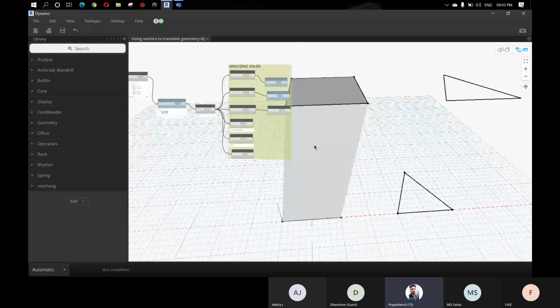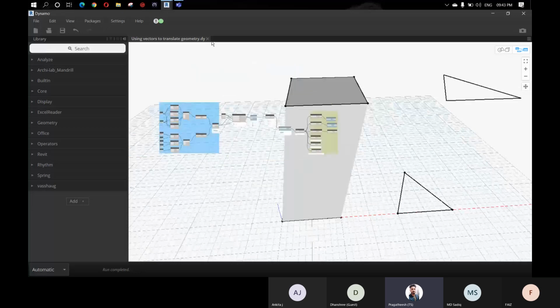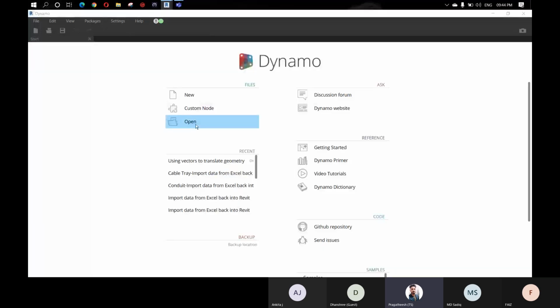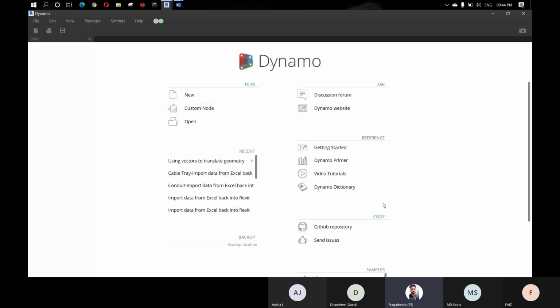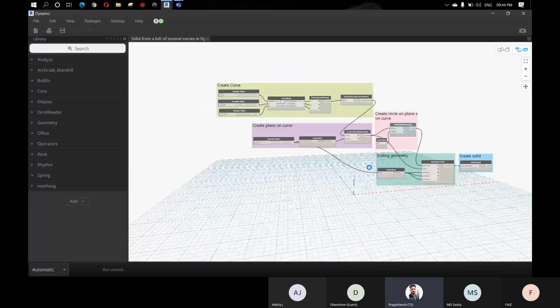So next we can do some analysis with the curves, not the solids. Let me close this. Since it's running automatically, we can wait.